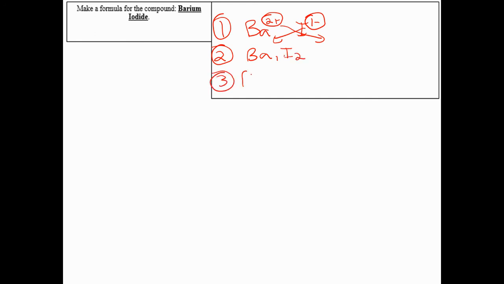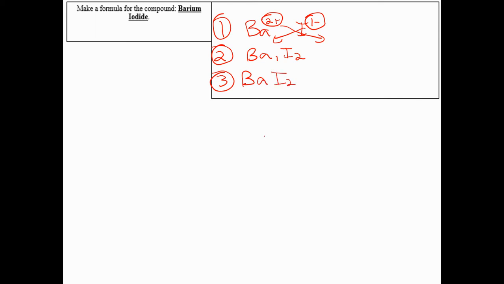Let's try this example over here, barium iodide. This requires your knowledge of making ions from the periodic table, knowing the valence electrons and so on. So barium is 2 plus, iodide is 1 minus. We can crisscross. So that's step 1, charges side by side, crisscross. We have Ba1, I2. We don't need to write the 1, so we can simply put Ba,